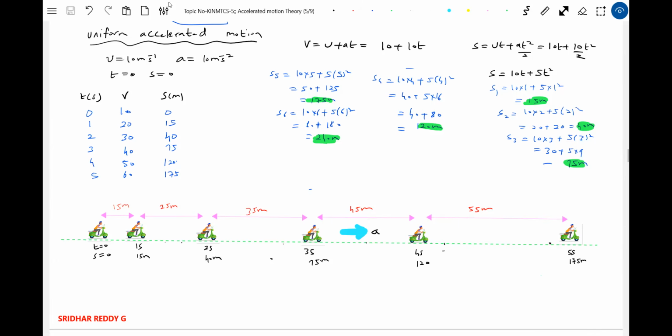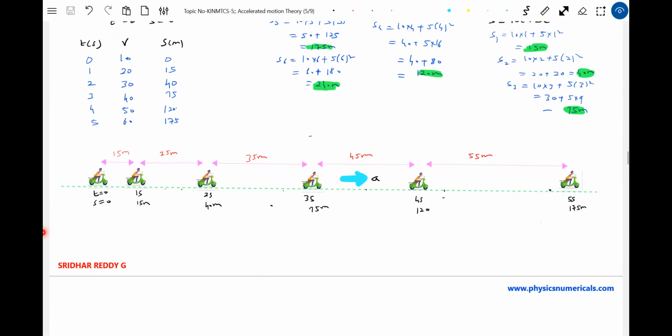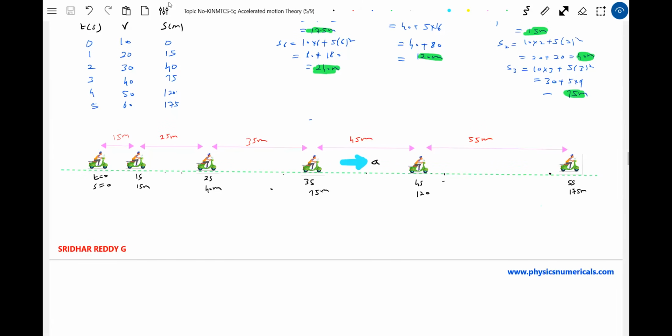Okay, you can already see that in 1 second, it will change from 10 to 20. Next second, 20 to 30. So equal change in velocity in equal intervals of time. But the distance covered will keep on increasing. The difference of these two will keep on increasing, you see. So shall we conclude some points here related to this? I just wanted to give a description of this much only here.